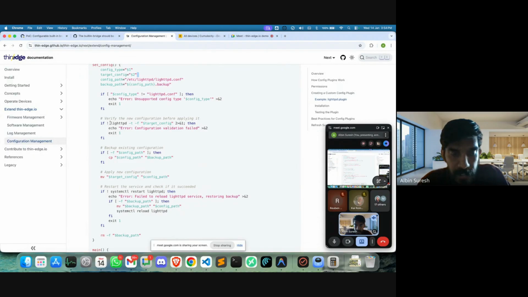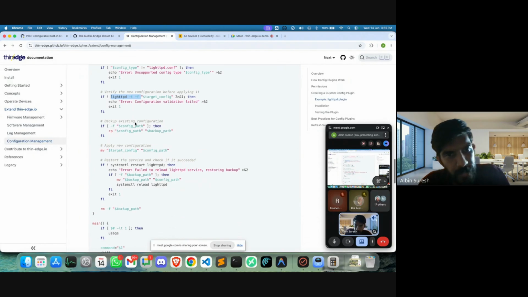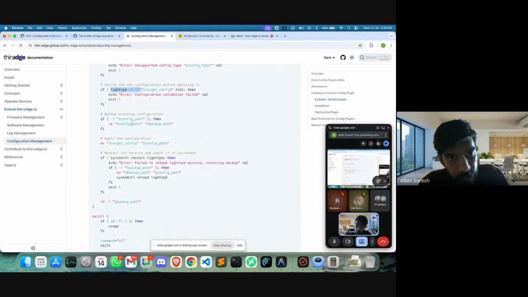Okay, and again, HTTPD provides a -t command that lets you validate. It's a very simple validation, but still it does some basic validations. So we are validating that first before applying it. Okay, and if the validation succeeded, then before updating the config itself, we are going to take a backup of